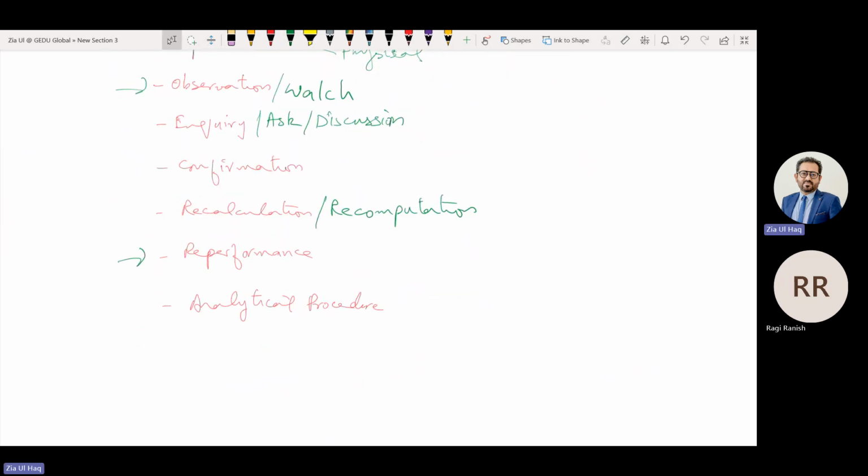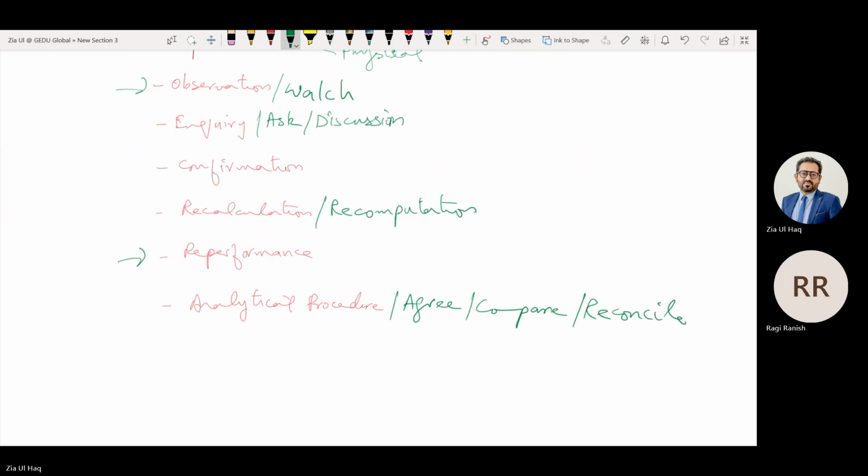Analytical procedure is what? Comparing one data with another data to verify that the amounts and detail are similar. We can use the word agree as well. Agree sale amount in the ledger to sale invoice to see the amounts and detail are similar. Agree. Or we can use the word compare as well. Or we can use the word reconcile as well. Reconcile sales ledger balances with the sale invoices to verify the similar amounts as well as detail.